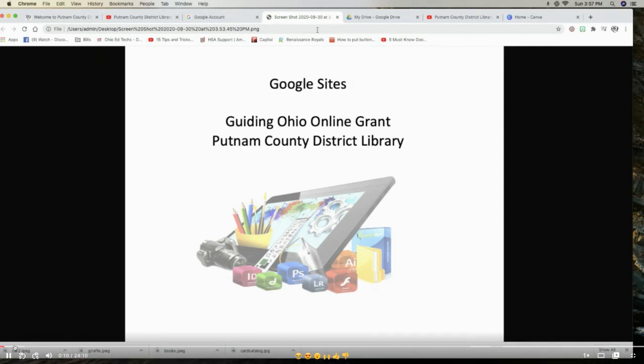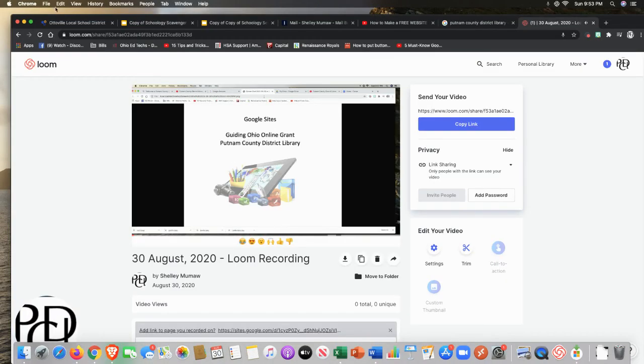And this week we are looking at another Google tool. This would be Google Sites. Google Sites is where you have the ability